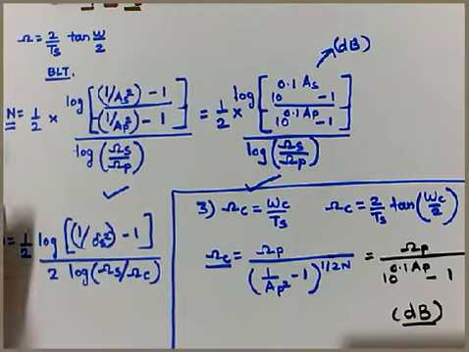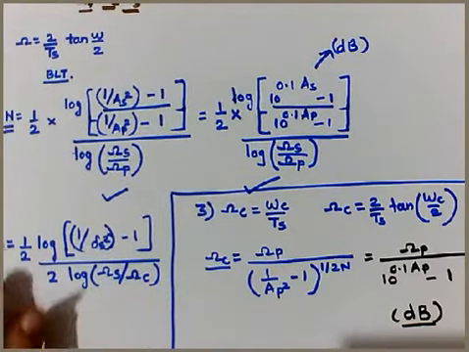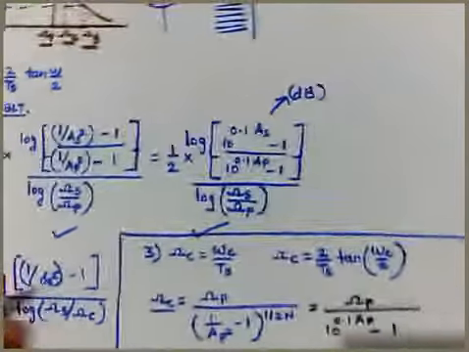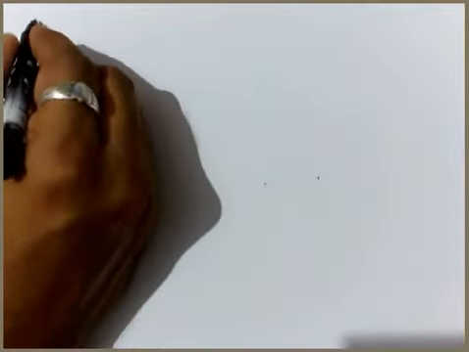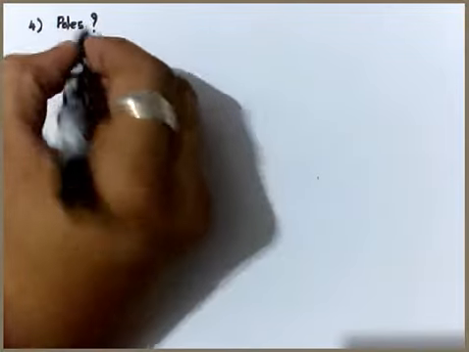Let's calculate for another step. Step number 4 is quite simple, where we are going to see the point where the poles are to be calculated. As we have seen at the start of the lecture, the poles decide the stability of the filter. So we need to proceed in an appropriate way for the stable filter design. Here step number 4 is to calculate the poles.